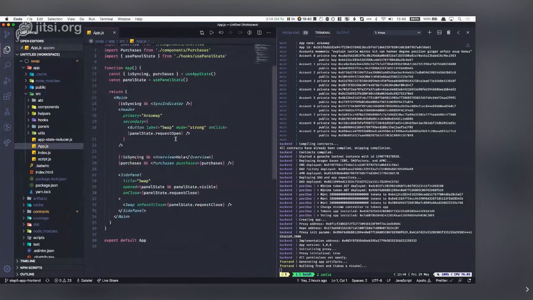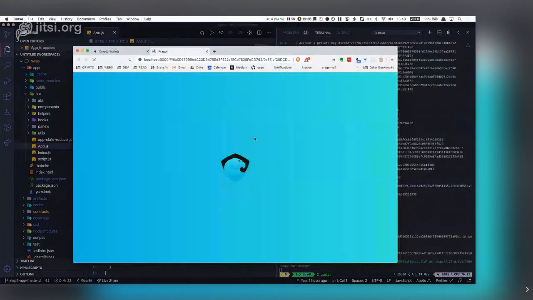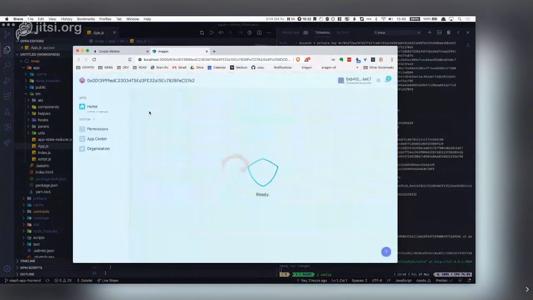Oh, yeah. Okay, it loads. So we now have the app that will have a basic example of how to